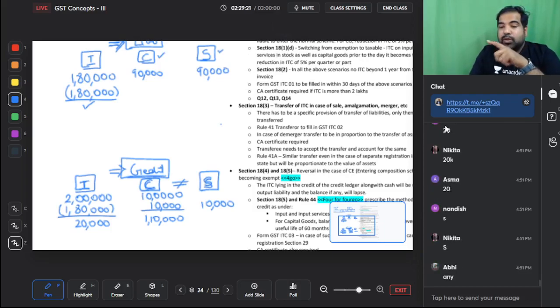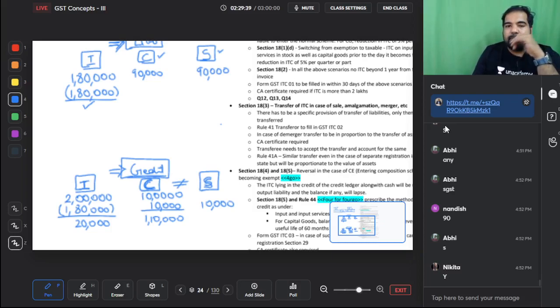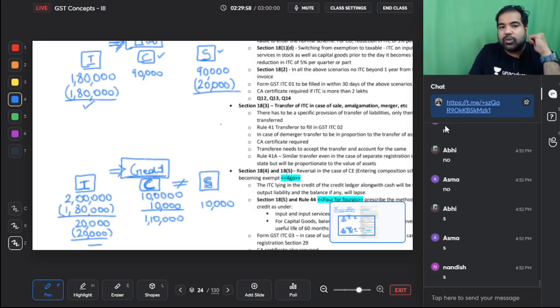Guys, that depends on who is needy. Please tell me, in CGST, how much is the bill? 90,000. And how much does CGST have? Do they have enough money to pay their bill? Yes. But please tell me, how much is SGST's bill? 90. And do they have the money? No, they don't have the money. So you help the needy. Who's needy? SGST is needy. So I'm taking this 20,000 and I'm helping SGST. Done? Yes. Any other answer will be wrong. You have to do this.